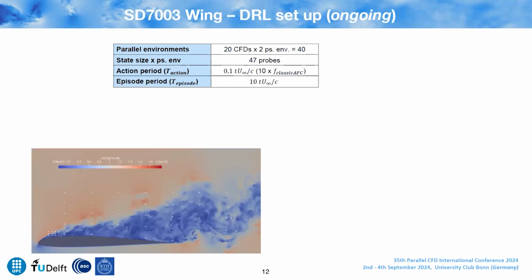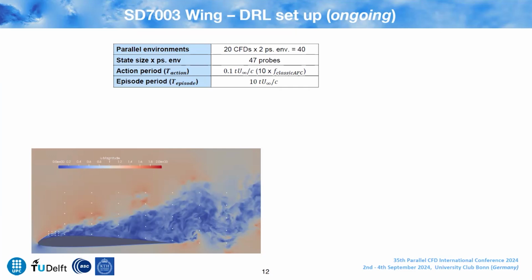Each environment contains one of these slices of sensors. We mainly have located the sensors in the separation bubble and also some sensors in the shear layer on the leading edge, so that the agent somehow knows about the physics that are going on here, since they play an important role in the development of